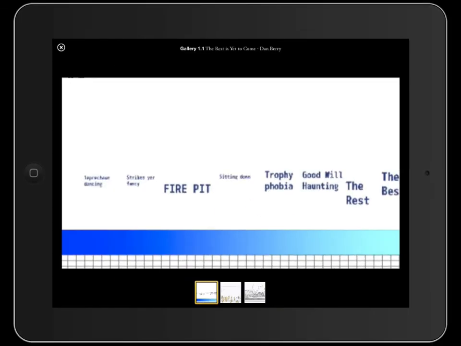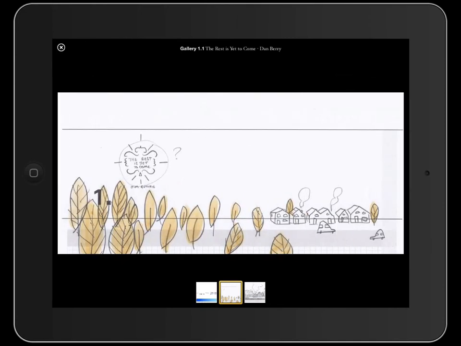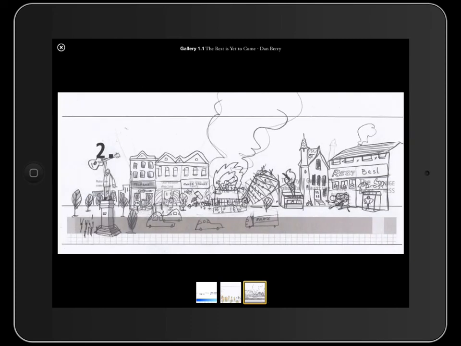But then if you have a look, this is the timeline. So at the bottom, in that kind of grey line, that's the song. Okay, and then you can see I've got the title here. He's got a question mark, he's not sure if that's how he wants it. He's going to start with the leaves, then going to have some houses and some cars. Then he's going to have these buildings. This is going to happen, this is going to happen, and this is going to happen.